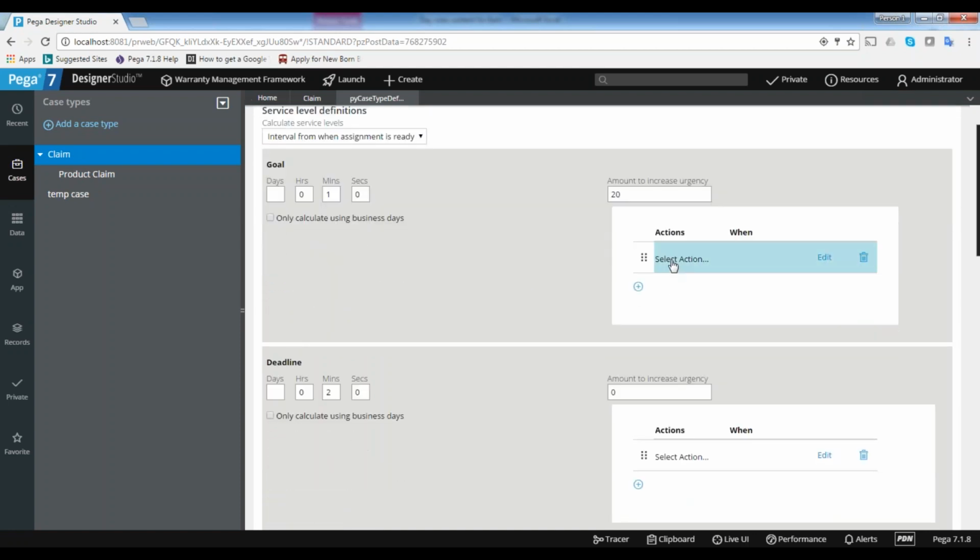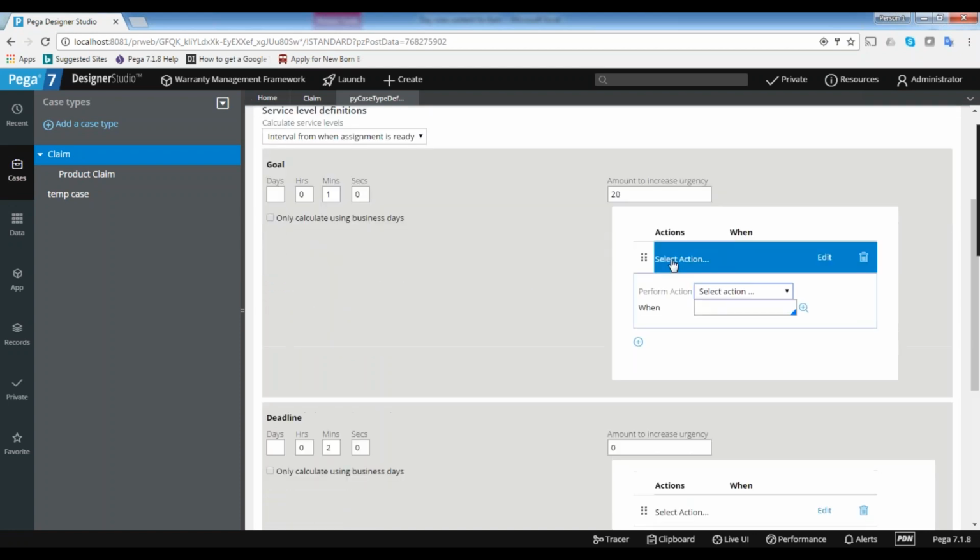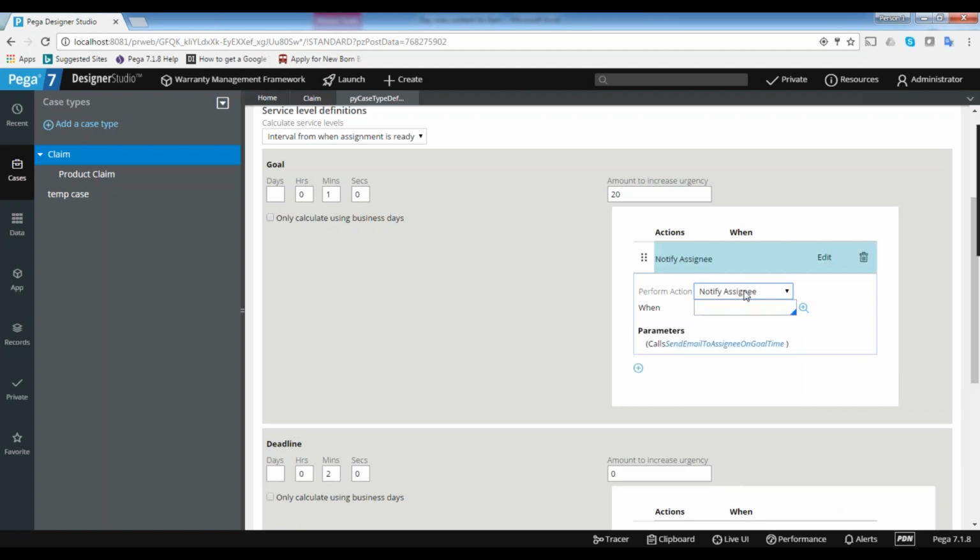So what type of escalation actions are available? You can see here. You can run some logic. If the work is not completed in goal time, you can build some logic, you can call the update transform. You can call the other flow rule. You can advance the flow automatically to the next flow. You can notify the assignee saying that so and so work is not completed. You can notify the manager. You can transfer to somebody else.